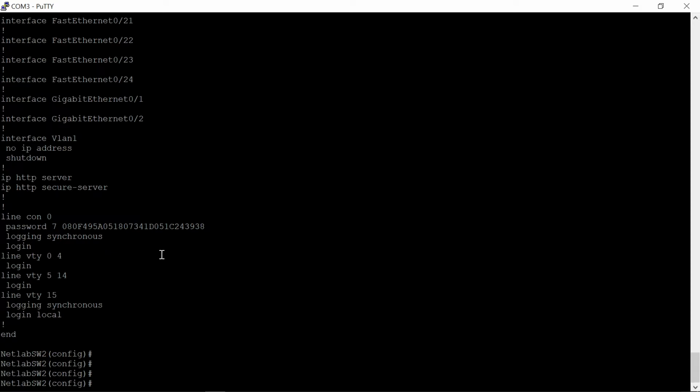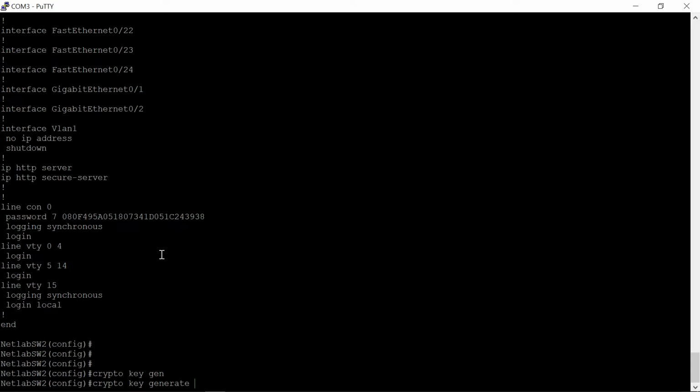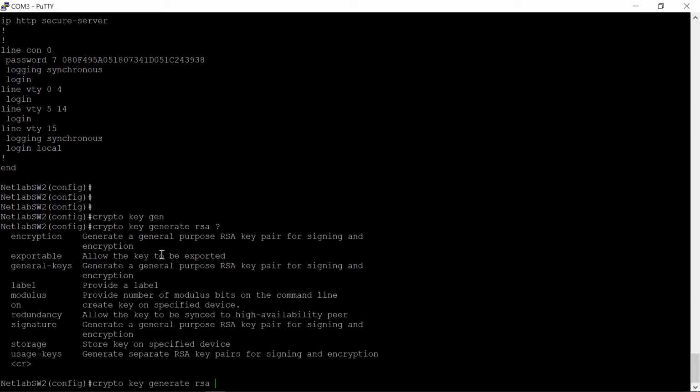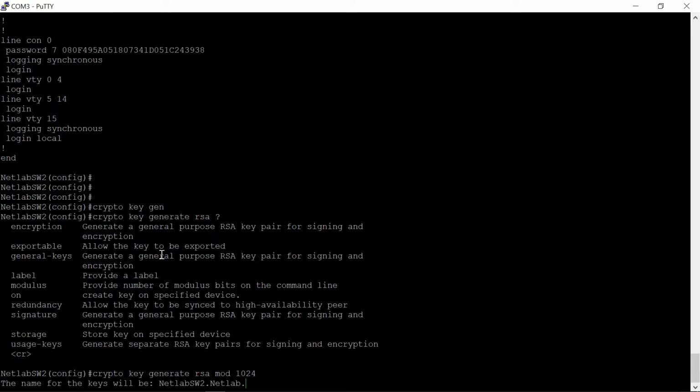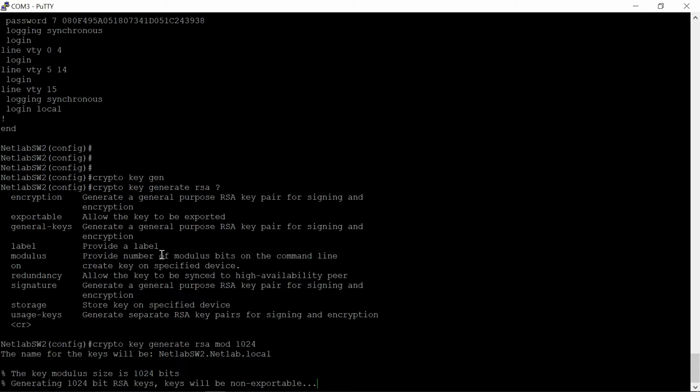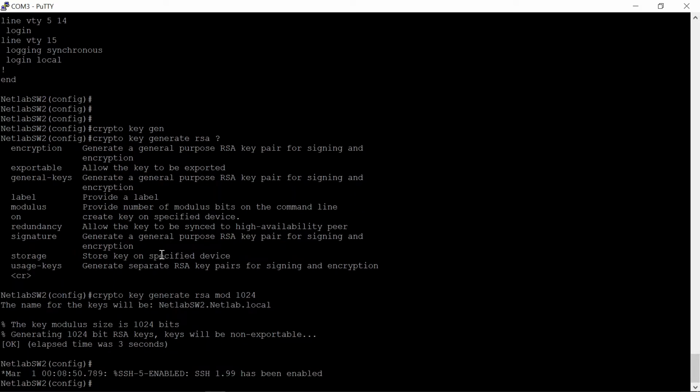Let's get some RSA keys for SSH purposes. Alright, you can see SSH has been enabled, but first we need to